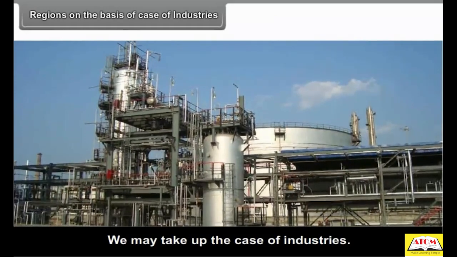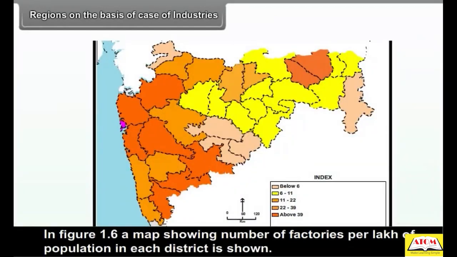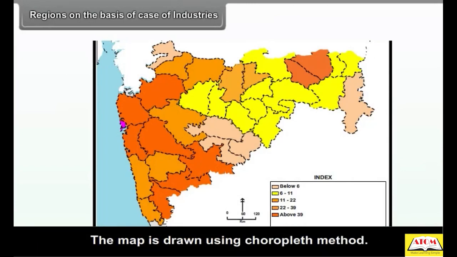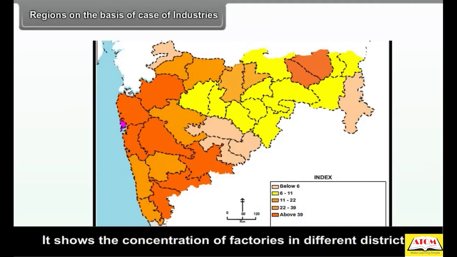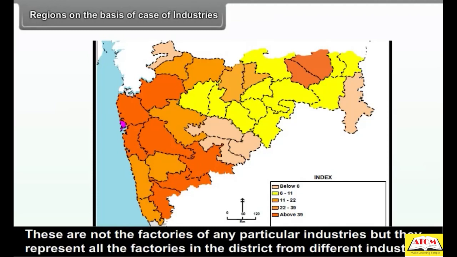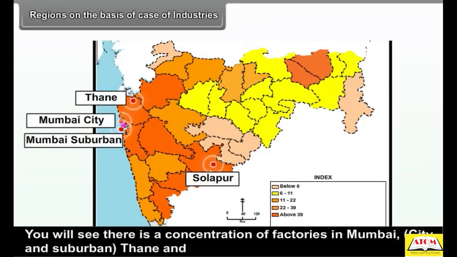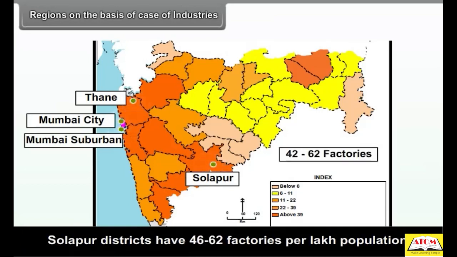We may take up the case of industries. In figure 1.6, a map showing number of factories per lakh population in each district is shown. The map is drawn using choropleth method. It shows the concentration of factories in different districts. These are not the factories of any particular industry, but they represent all the factories in the district from different industries. You will see that there is a concentration of factories in Mumbai, city and suburban, Thane and Solapur districts,